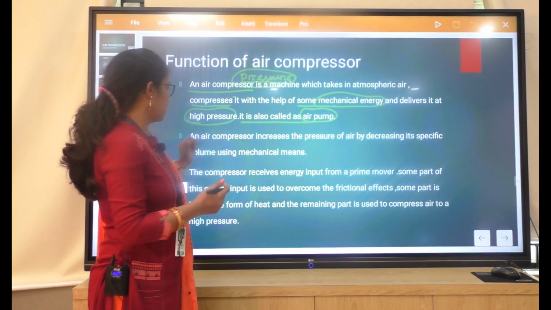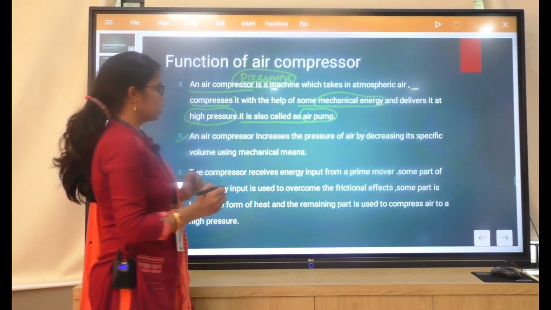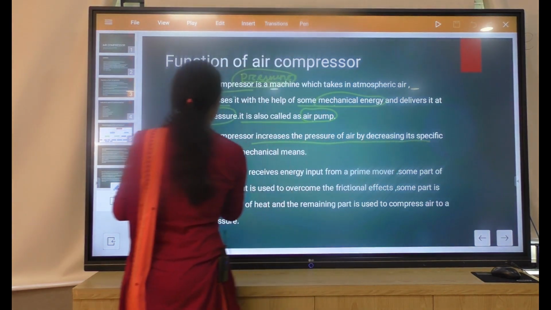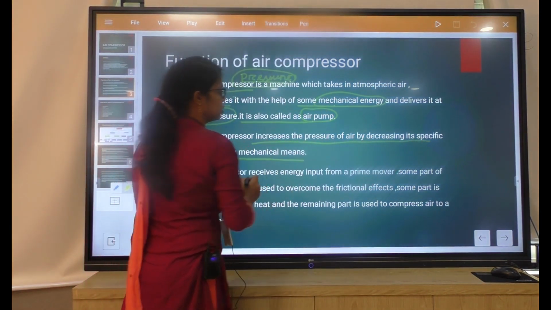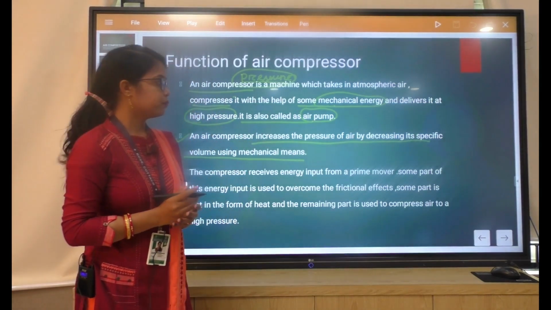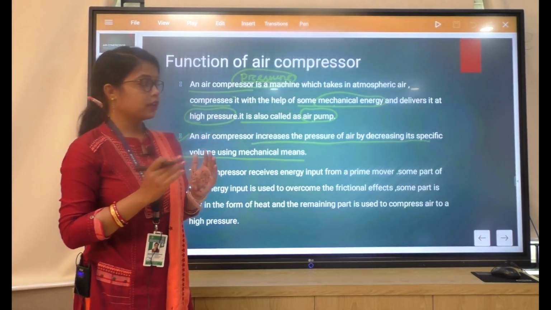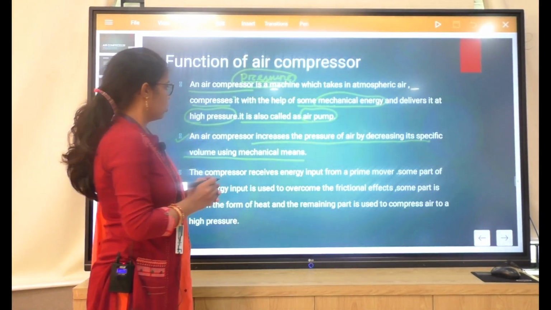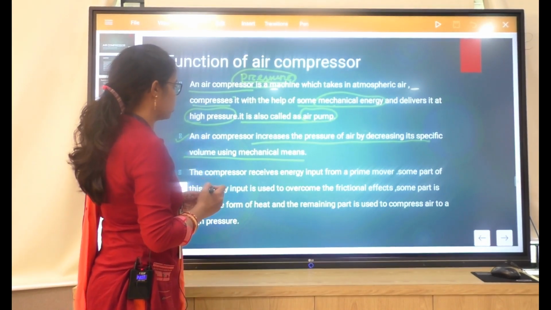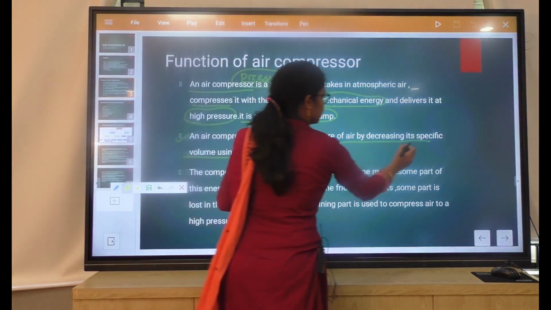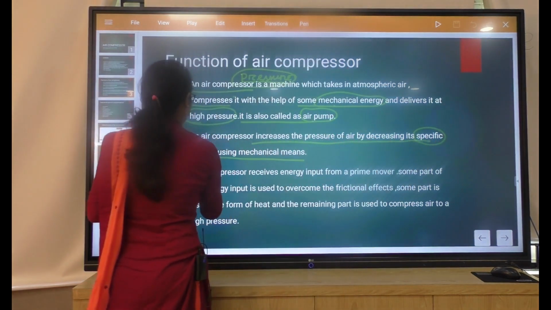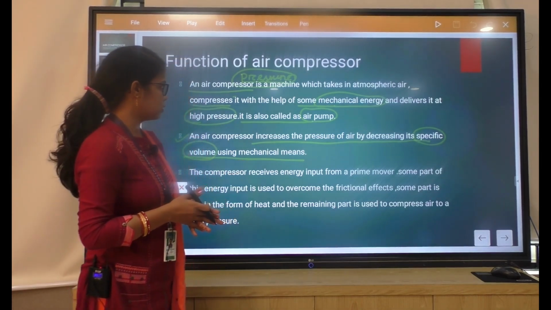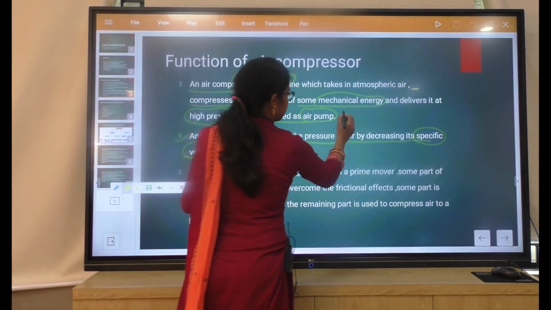And the second point is, an air compressor increases the pressure of air by decreasing its specific volume using mechanical means. This is most important. How the air compressor is increasing the pressure of air, I think you must be aware of the term specific volume. Volume you must know, the air is carrying some specific volume when we are putting it inside the cylinder. Suppose this is the cylinder,